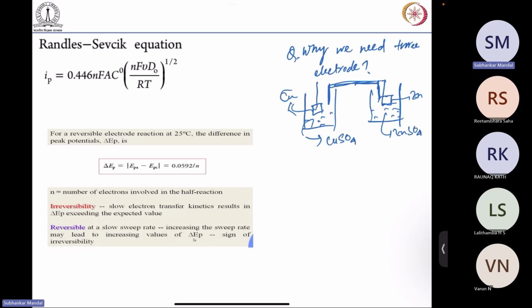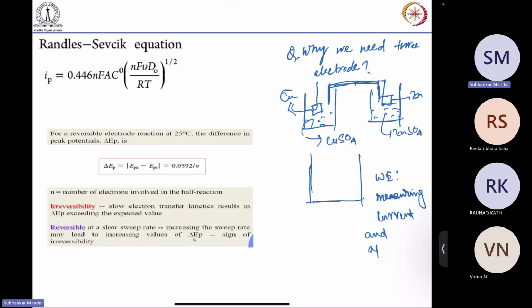So here we are measuring the potential with a two electrode setup. But why do you need the 3 electrode setup? Okay, this is the question. Because the function of the electrodes we already discussed: in the working electrode we are applying potential and measuring current,